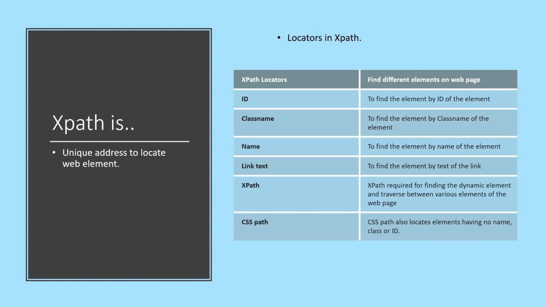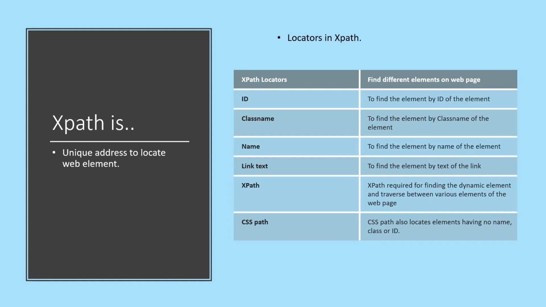Now like we have home number, area name, area pin code, something like that, XPath follows this. Locators: ID, class name, link text, XPath, CSS path. You can learn what is ID and all of these concepts. I will share one link. You can go through that link after watching this video and all your concepts will be clear. Just understand that, like we have a home address or home name or phone number, some unique thing to identify that person's address, XPath has these locators to identify that web element uniquely.